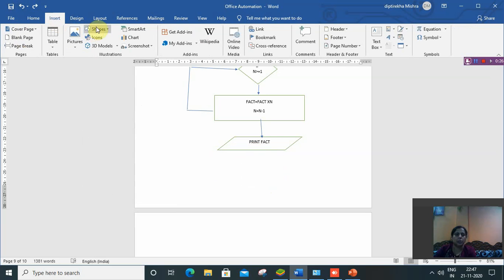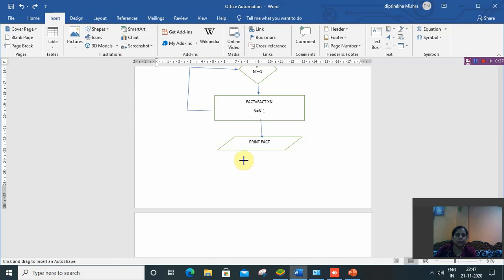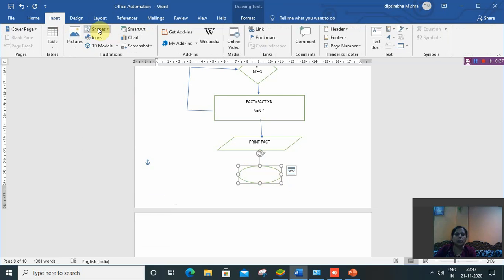Again go to insert, shape, then select the shape style, and to connect, you have to again insert a shape, then the arrow mark.